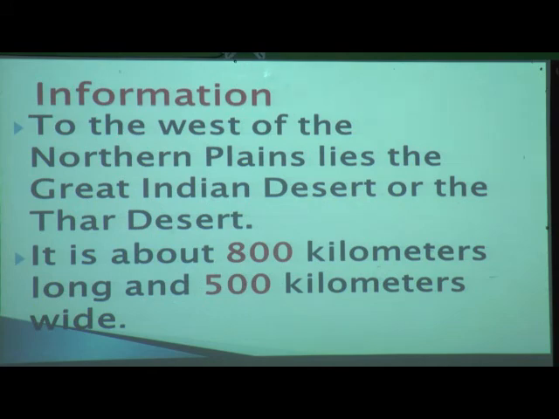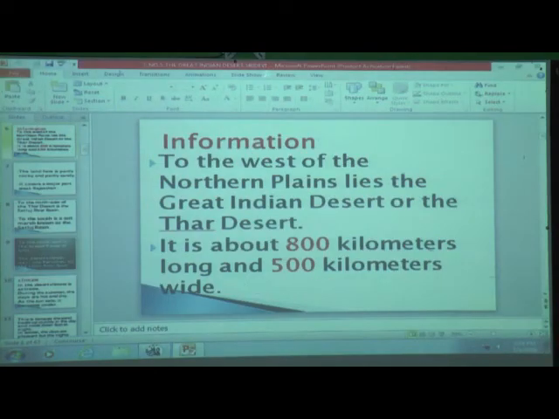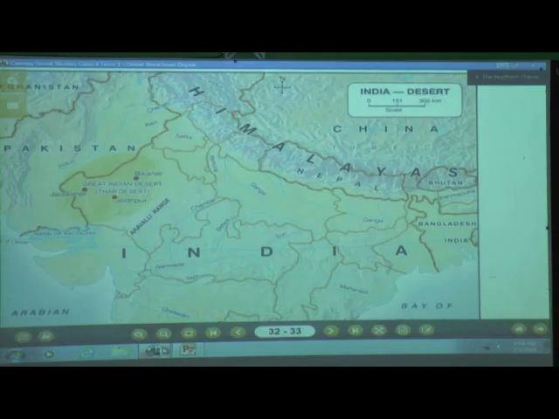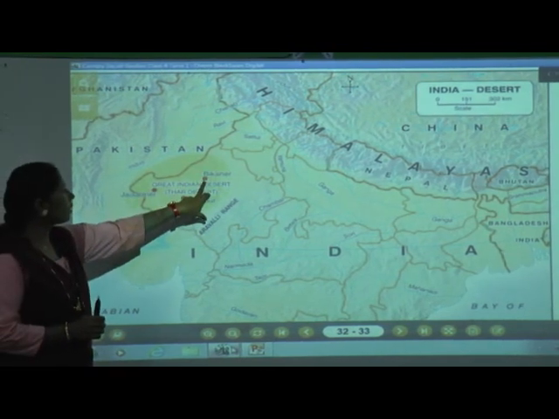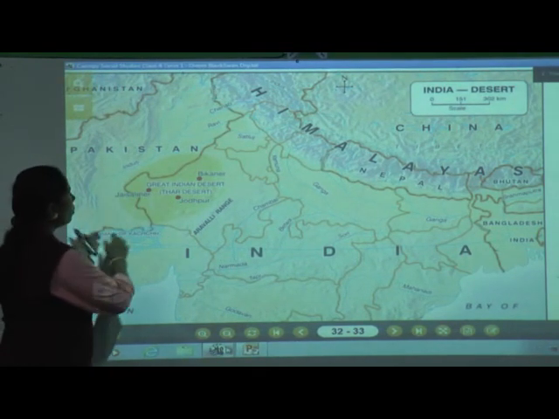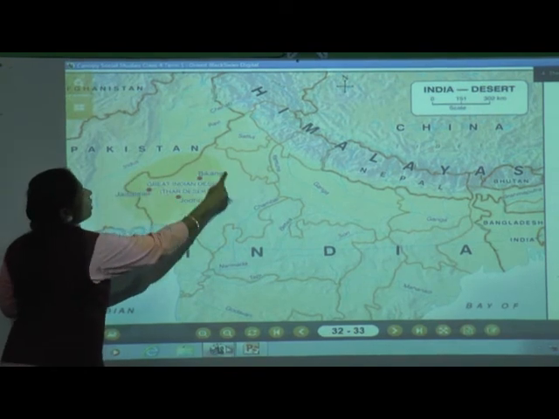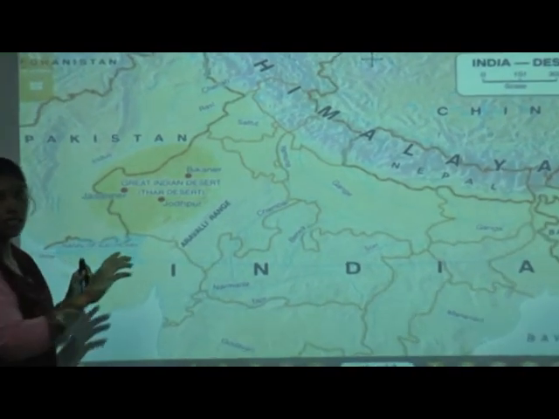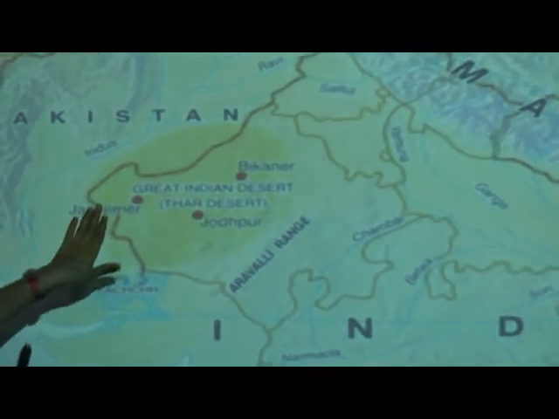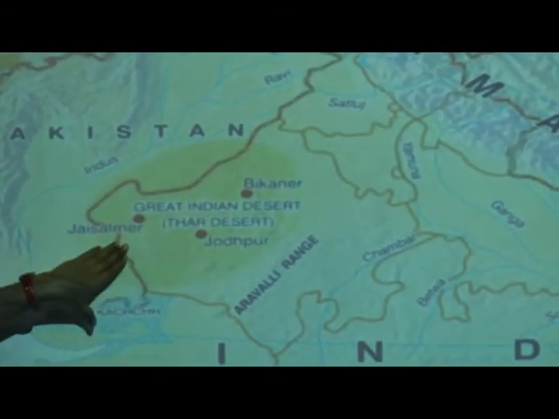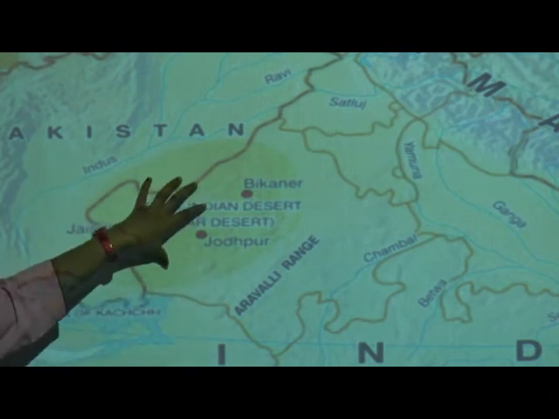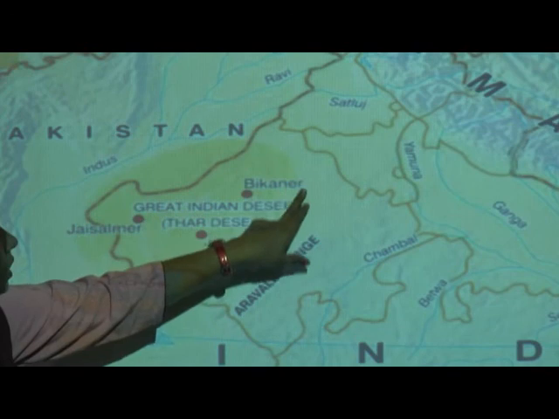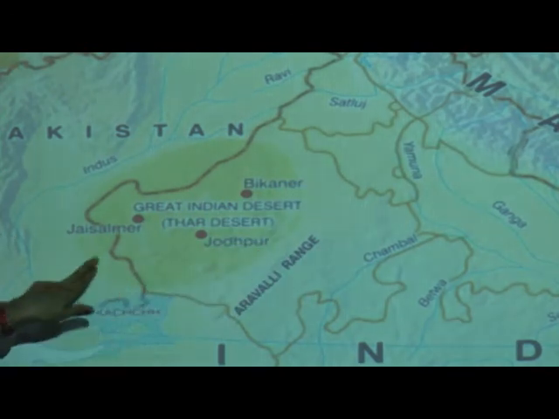Now I am going to show you here. Can you see this India map? Focus on the red dots here, and this yellowish part. Can you all see this yellowish part? This whole area is the desert, or Rajasthan. These are the important places: Bikaner, Jaisalmer and Jodhpur. This is the west side, and this all yellowish color is the whole desert.